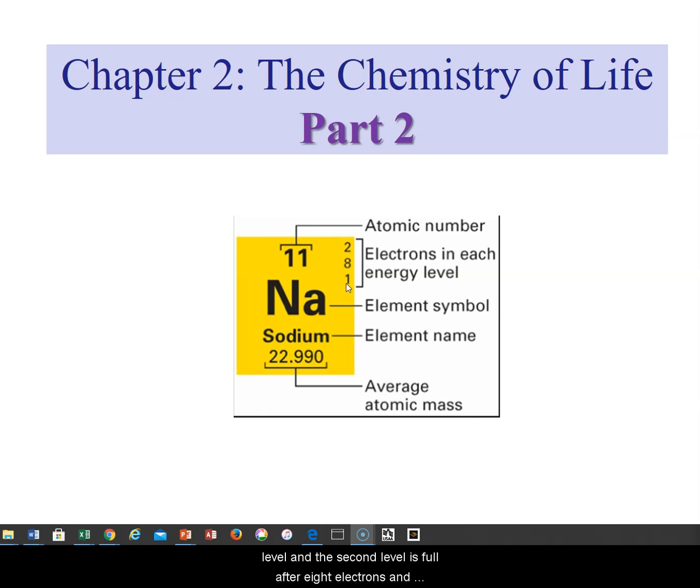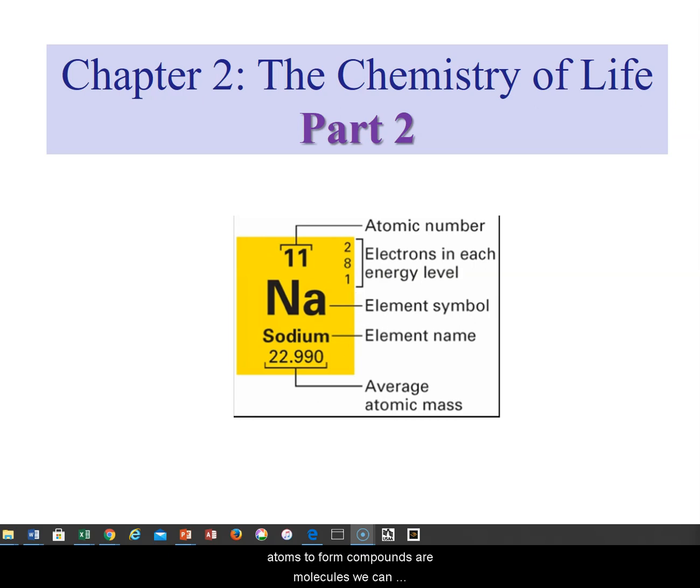And then we have 1 left over, so that last energy level is called the valence shell, and it has a valence electron. That valence electron determines the reactivity of that element, and we mentioned that sodium is very volatile, will explode if exposed to air. It also determines how it bonds with other atoms to form